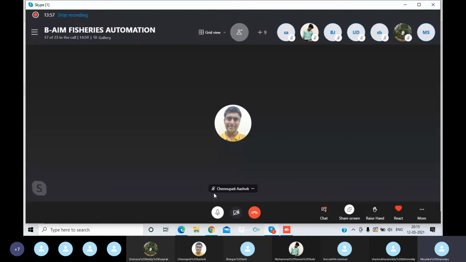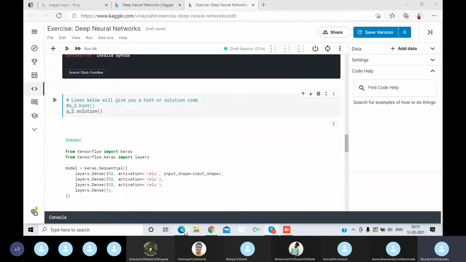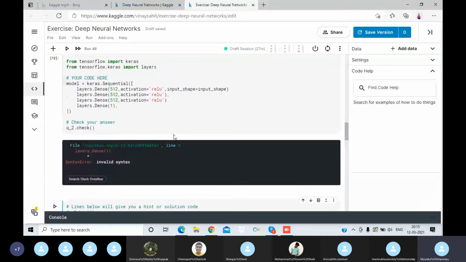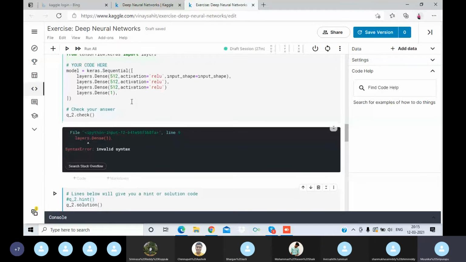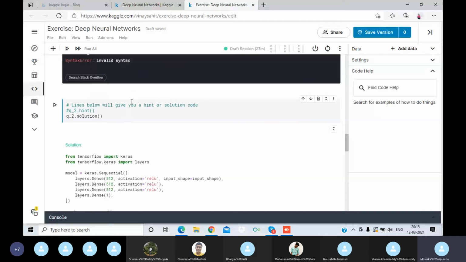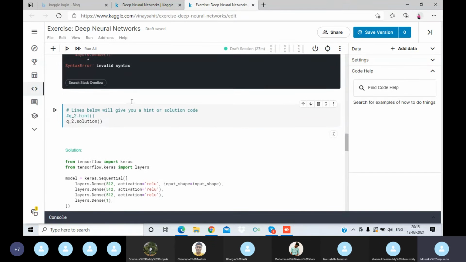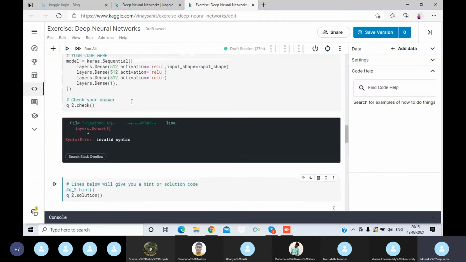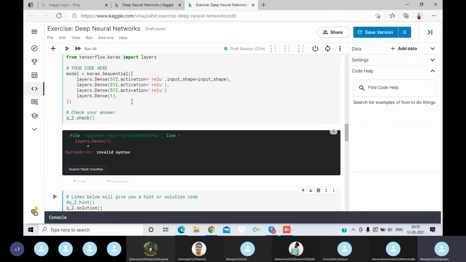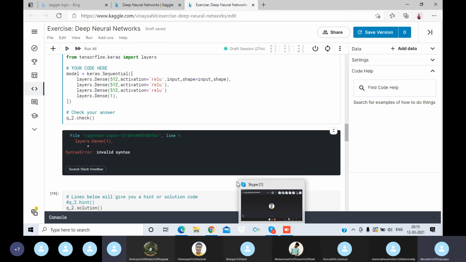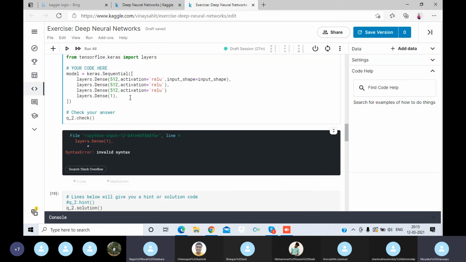Can any one of you say where is the error that I am getting? Monica, remove the comma there in the last one, the last output layer.